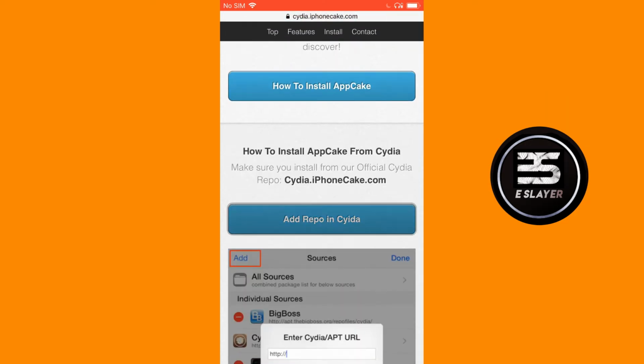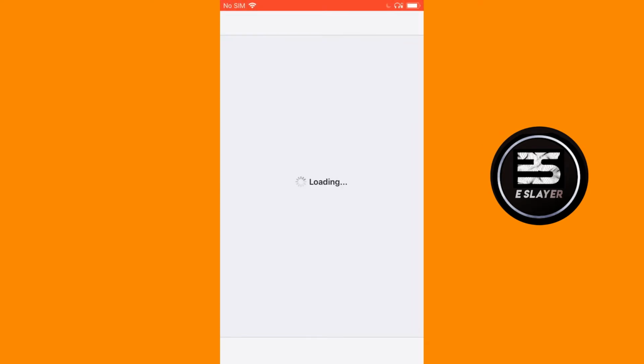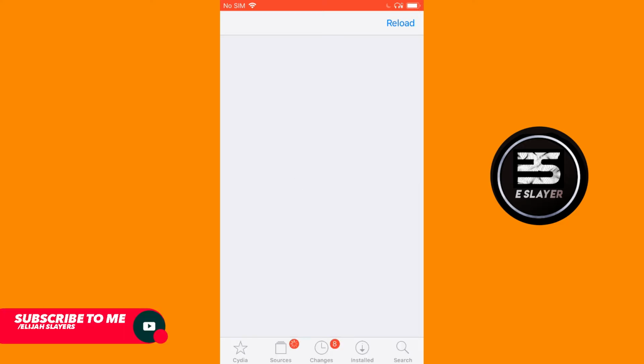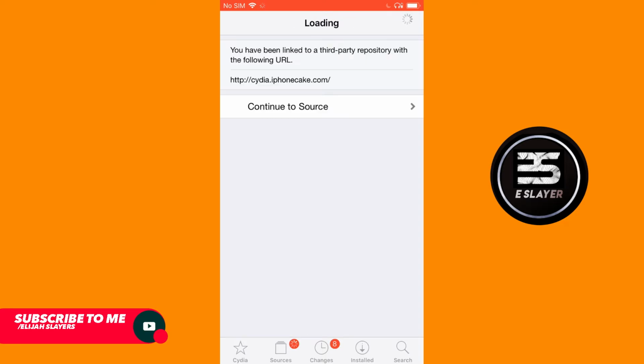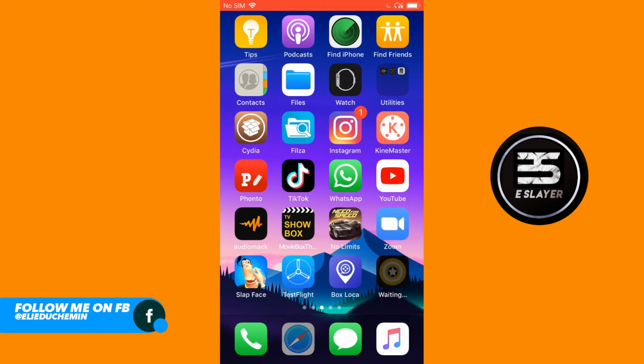Go ahead and scroll down and click on add repo in Cydia and click on open. It's going to add the repo in Cydia. So here is the repo. It's just loading Cydia right now. I don't know how fast your RAM is, but it's going to take a little bit of time. So it's open in my repo in Cydia, and if you click on continue to source and click on close